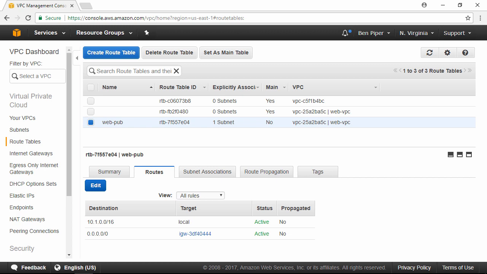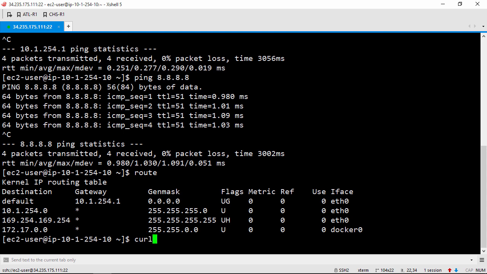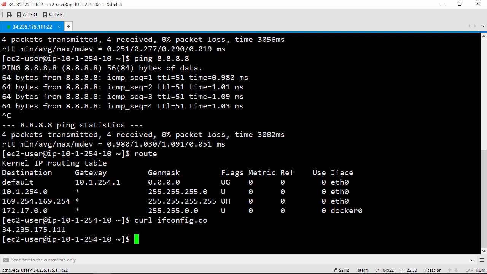Let's jump back to the instance. I'm going to type the command curl ifconfig.co. Now curl is a utility that goes out and fetches a web page that you specify, and ifconfig.co is a simple website that displays your public IP address. Notice that it gives us our public elastic IP address,